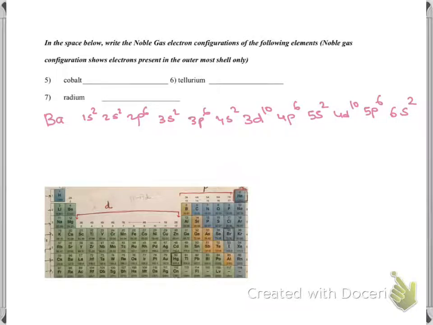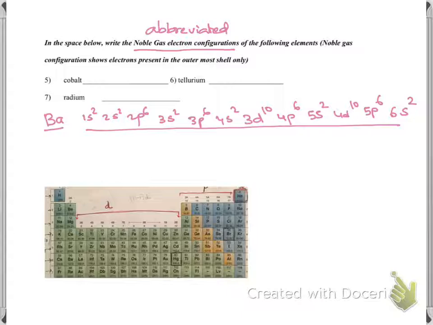So in this presentation, you will learn how to write down the noble gas electronic configurations, also known as abbreviated electronic configurations. In the last slide, we wrote down the electronic configuration of barium. And so instead of writing barium as this full electronic configuration, we can also write down barium's electronic configuration as